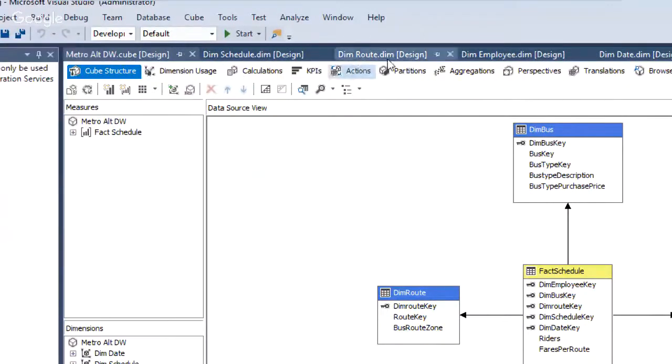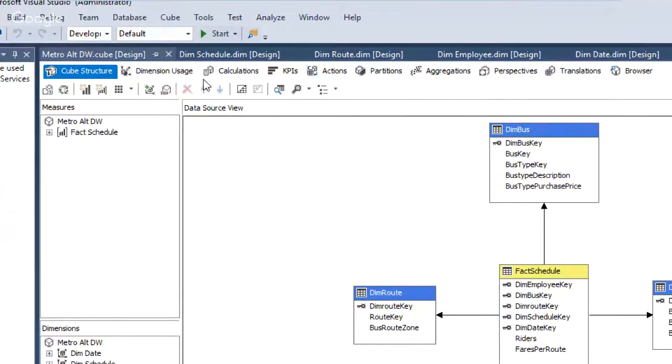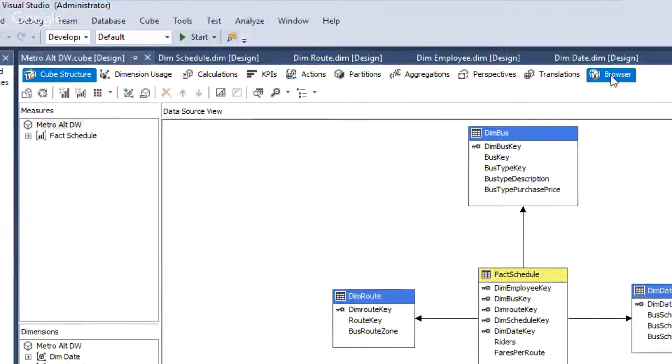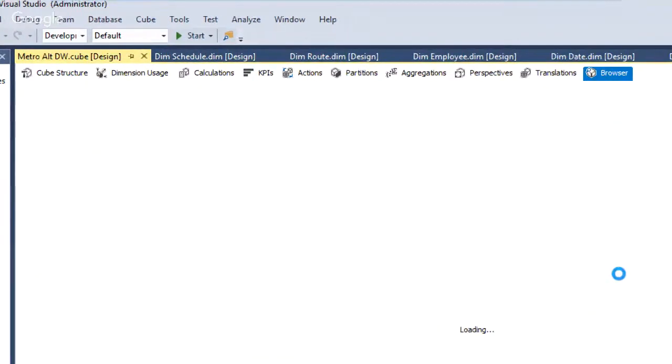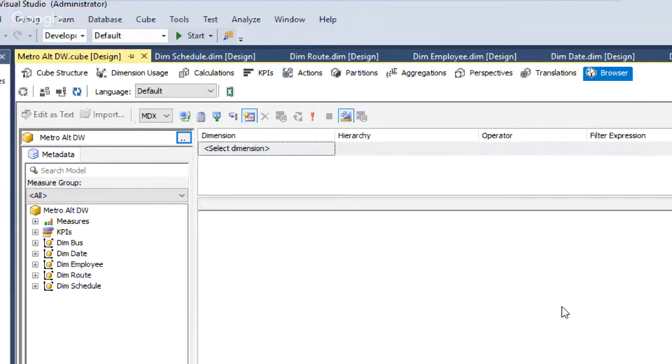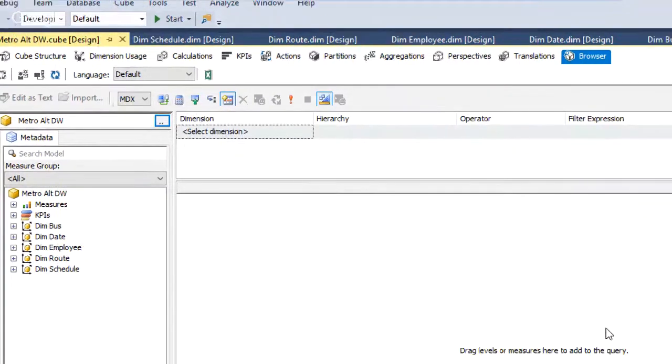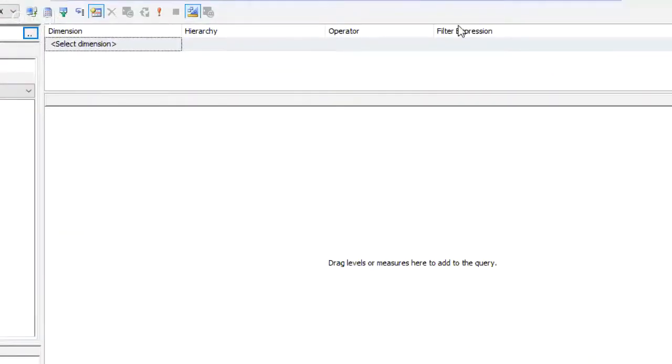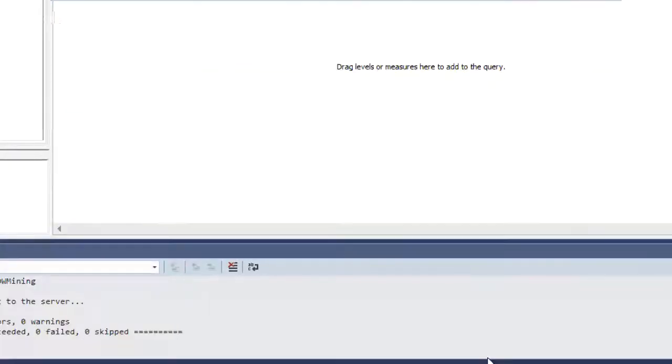We have lots of different things that we could do. You could add some calculations. You could figure out how the dimensions are being used. You could figure out lots of different things, but we're just going to skip to the browser. Okay. So the browser is basically a multi-dimensional pivot table. So what I'm going to do,